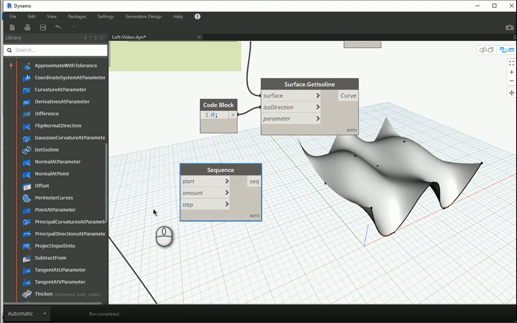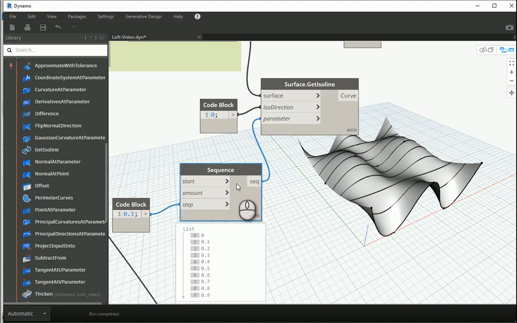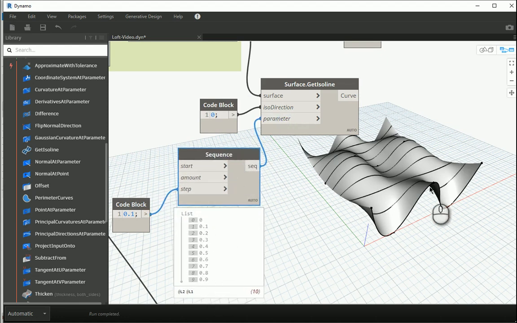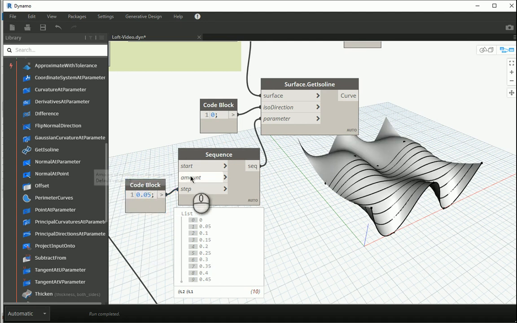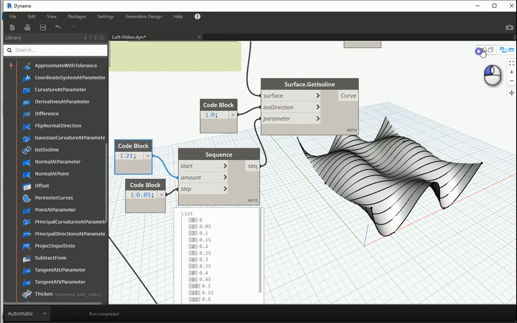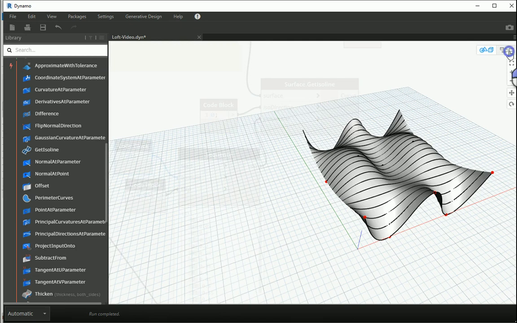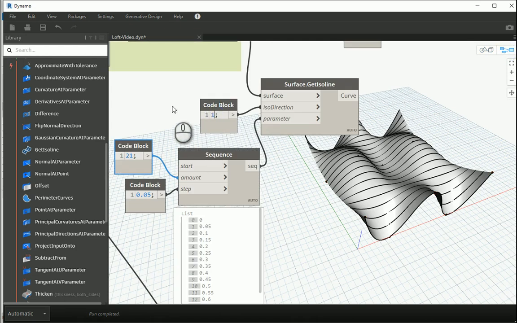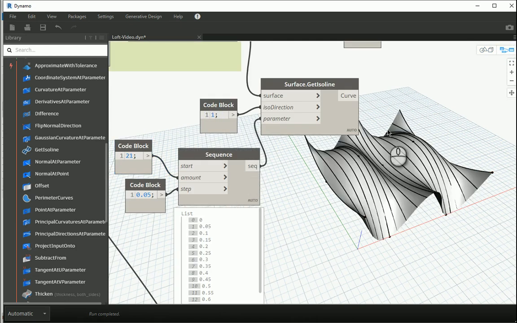If I assign 0.1 to the step of the sequence and assign this to my parameter, it's going to create lines every 10% of the whole length. If I go with 0.05, it's going to be every 5%. Then I'm going to need not 10 but 21 items to fill the whole length, right? And you can do it for the other direction too. If I go with 1, for instance, it's going to be like this. So if you need ISO lines on both sides,